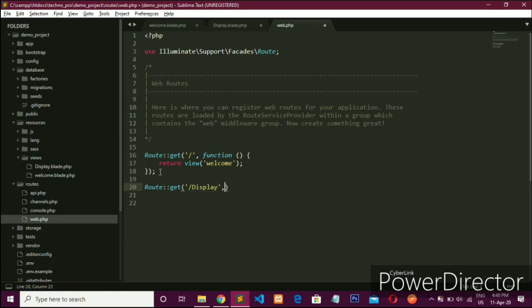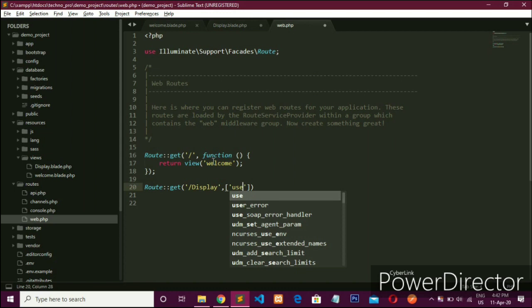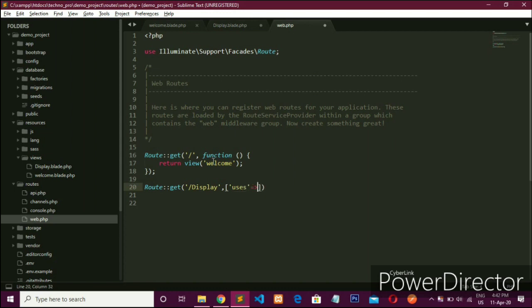The second is a callback function or an array. Here I am using an array, so use this, and here you have to pass the controller name @ your controller's method name.